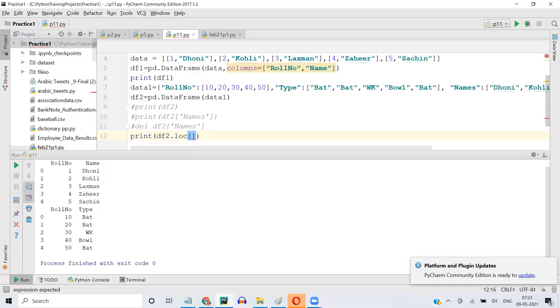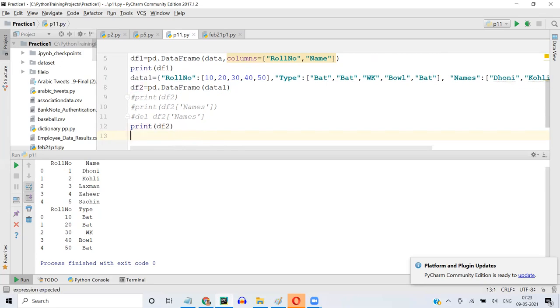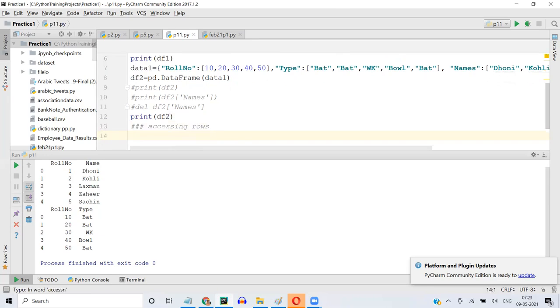So let it be like this. Let's create another data frame. Here we will be able to see accessing zeros. So what we'll do is,